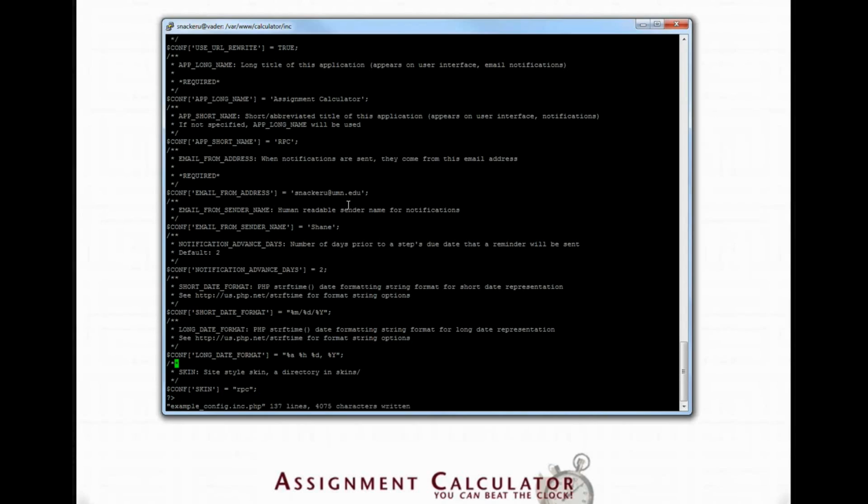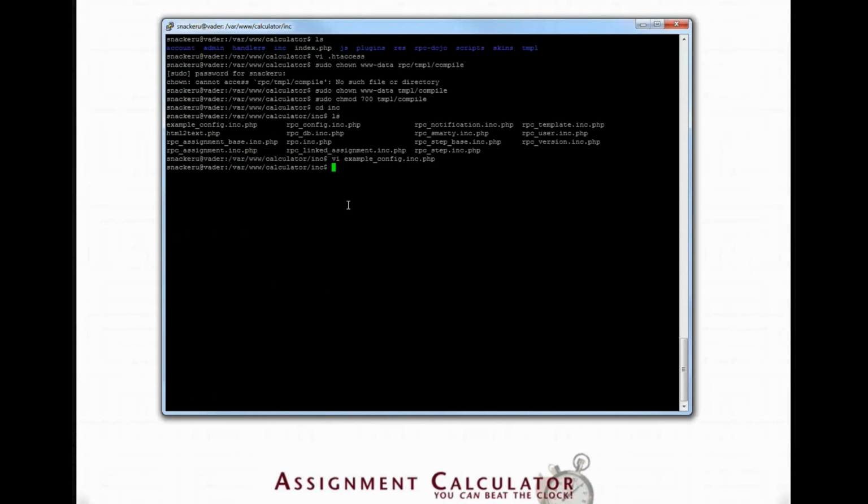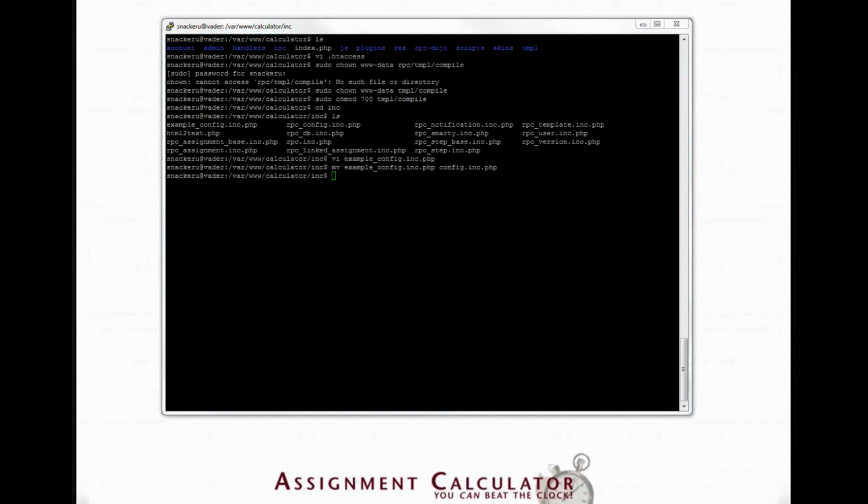Now you'll see that the configuration file is still named example_config.inc.php. We need to rename that, so I'm going to rename it right now. I'm going to rename example to just config.inc.php. So the next thing we need to do is